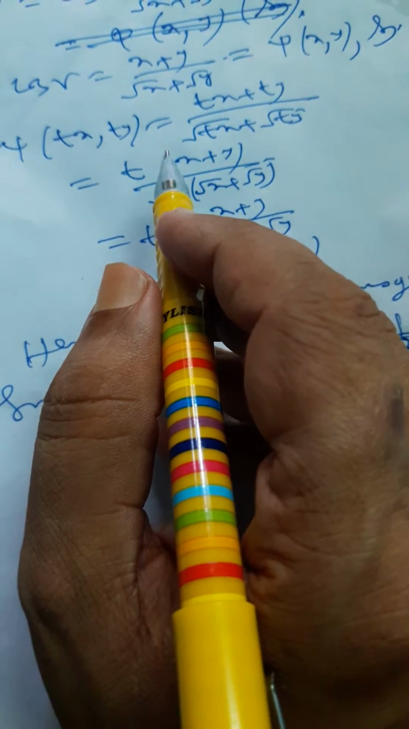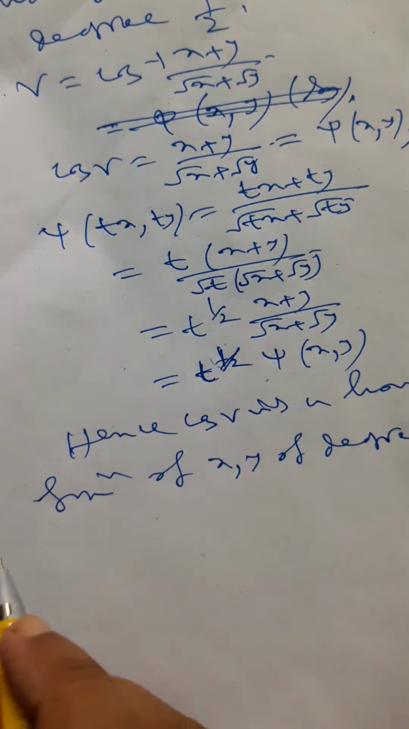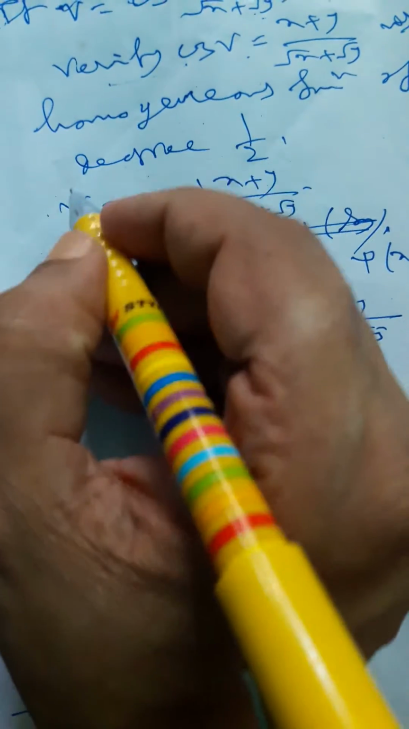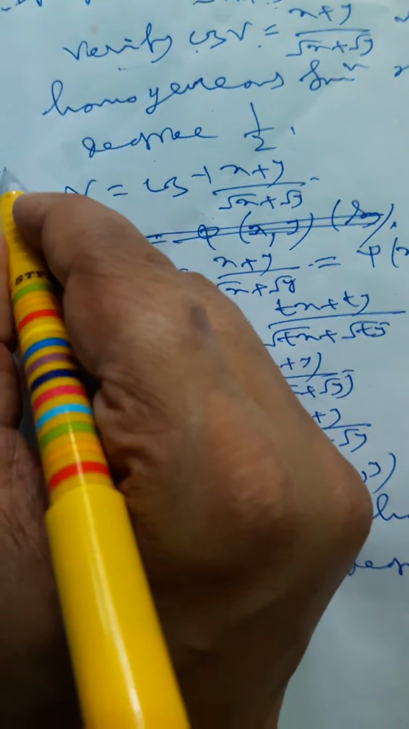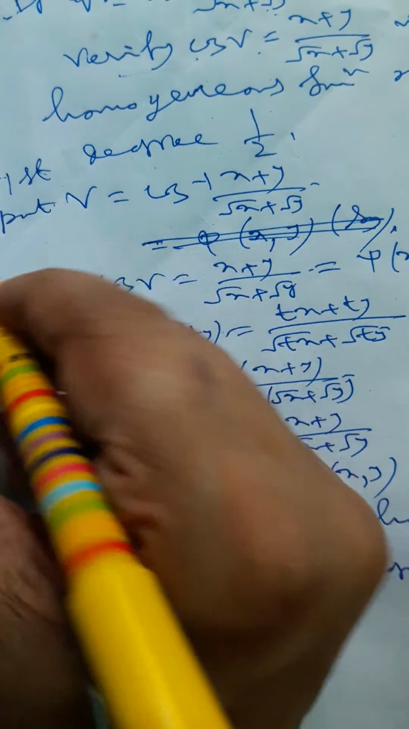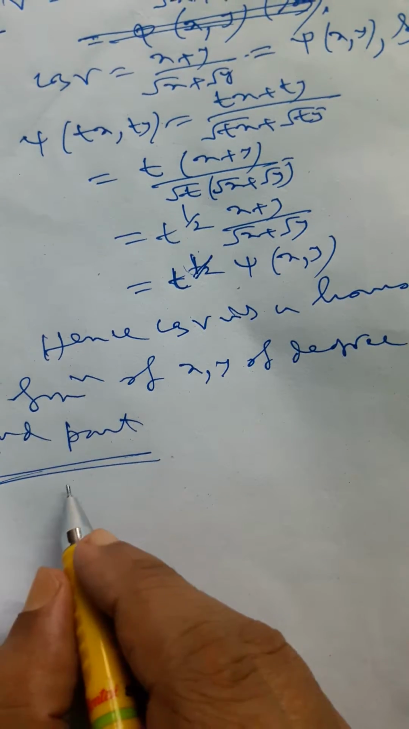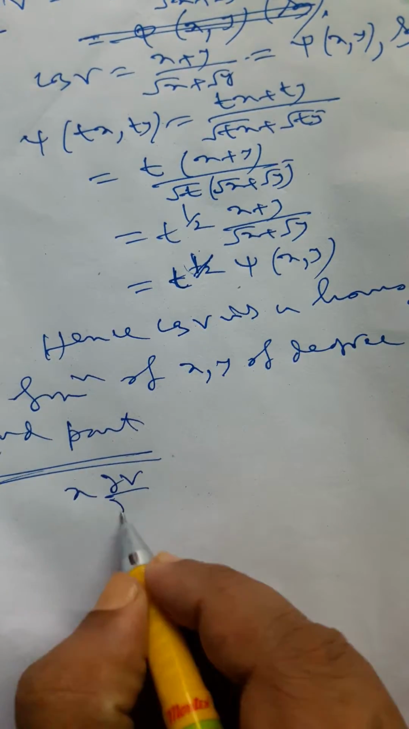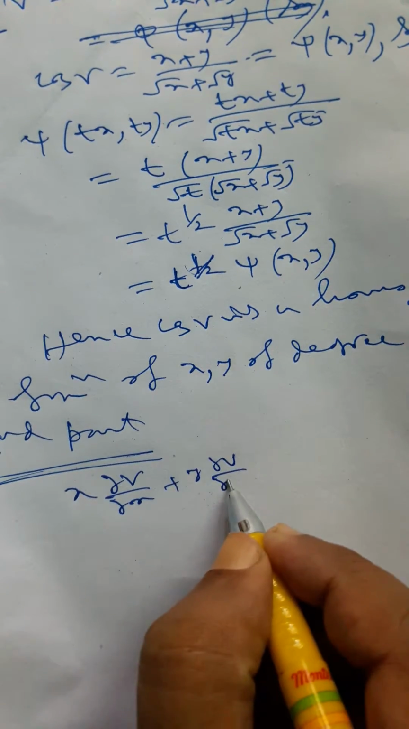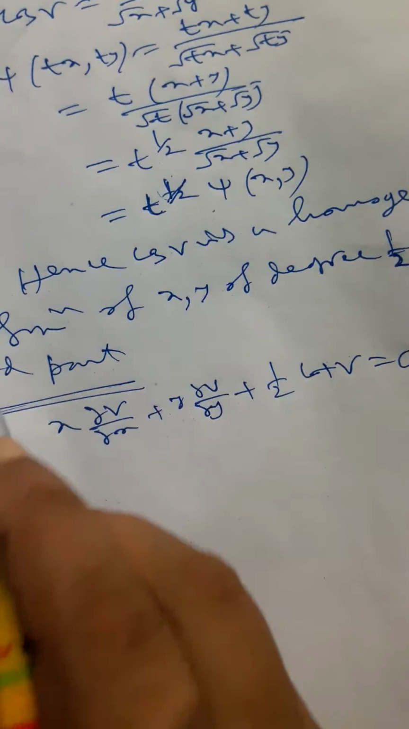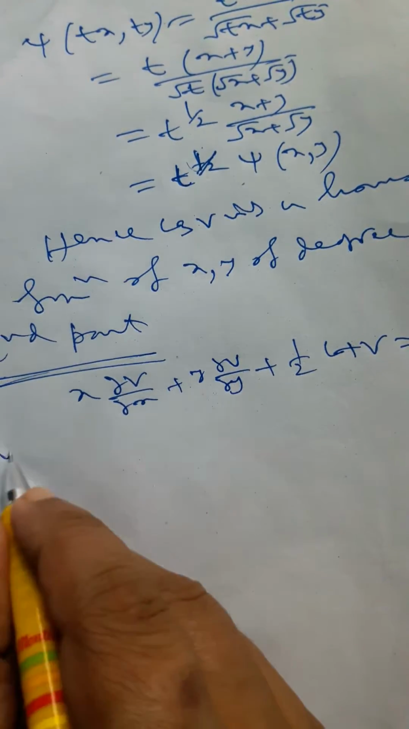Now the second part, another concept: the verification of the homogeneous function of degree half. Now if we have to prove the second part of the question, and it is the first part. If we prove it is a homogeneous function, hence we prove x del v del x plus y del v del y plus half of cot v will be 0. Now for this, using Euler's theorem,